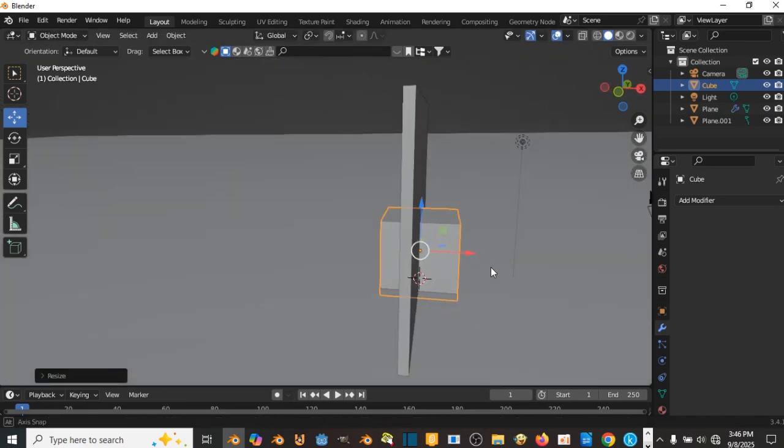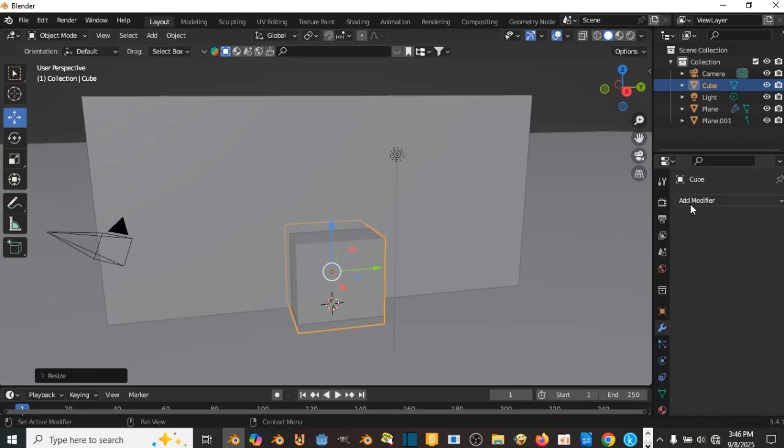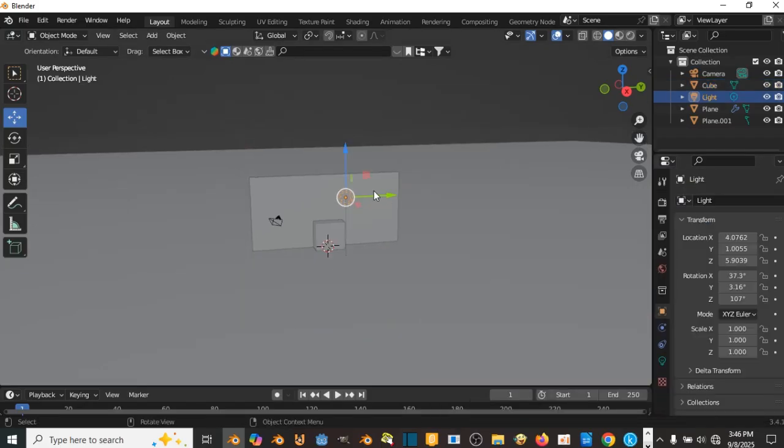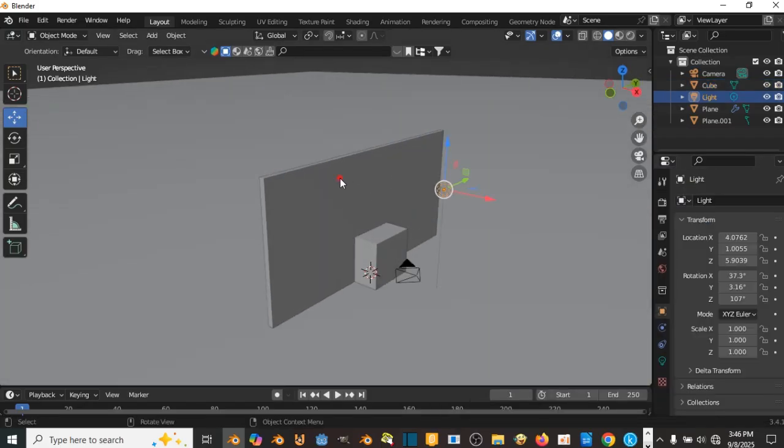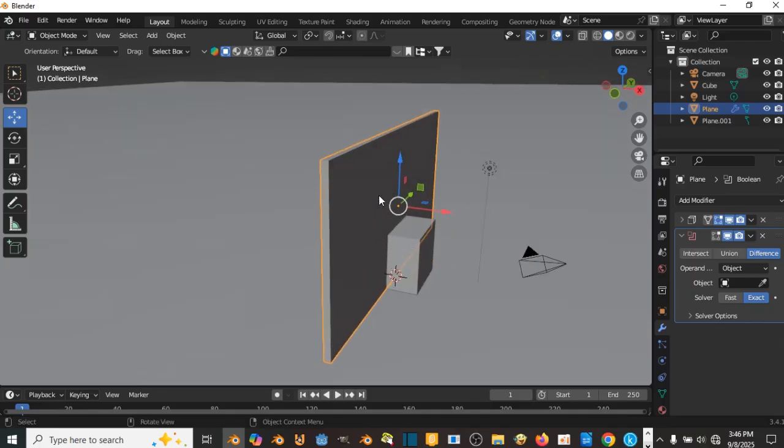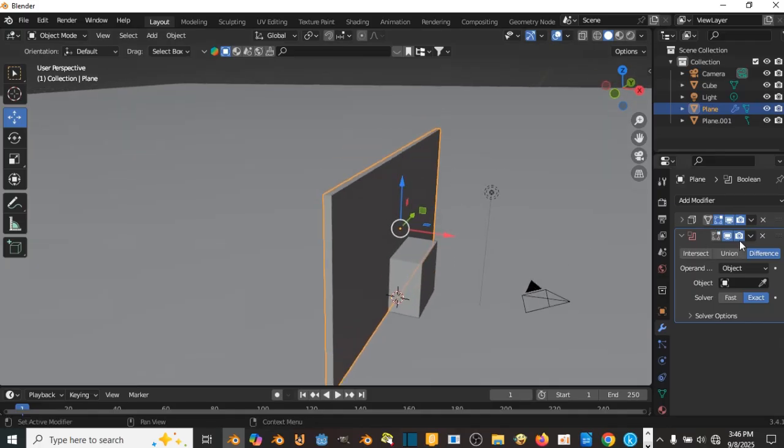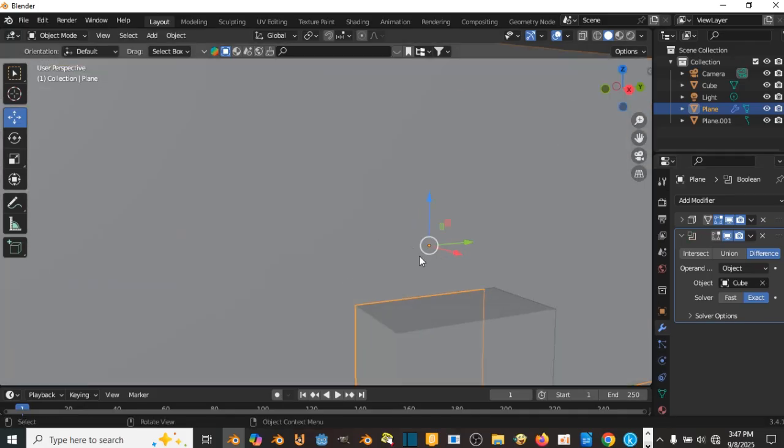So I just scale this up a bit, and I can get this. Whenever you want to do this, make sure you select what you want to cut. That's where the Boolean modifier should be. Once I add the Boolean modifier to it, I can click on this eyedropper tool here, and then I can click on this box here, this cube. Once I click on the cube,